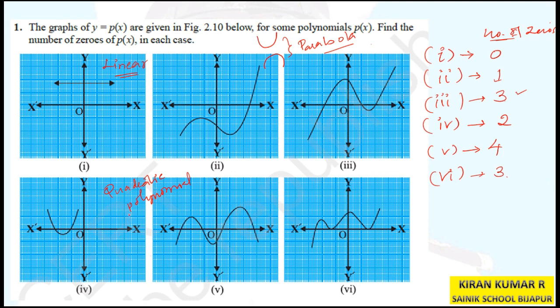For a quadratic polynomial, we will have at the most 2 zeros. Look at this fifth figure. Interesting. There are 4 zeros. This 4 zeros will be the maximum number of zeros for a biquadratic polynomial. This is some polynomial which is having